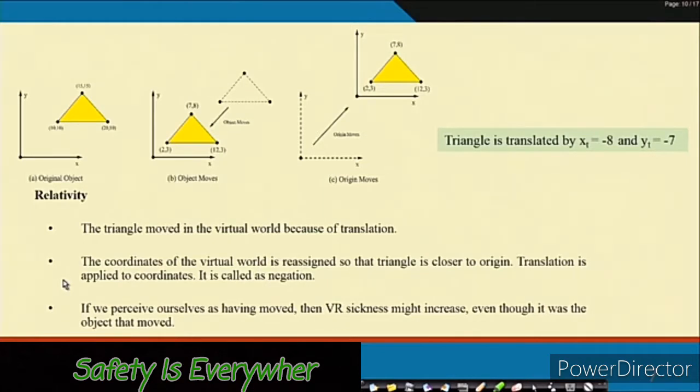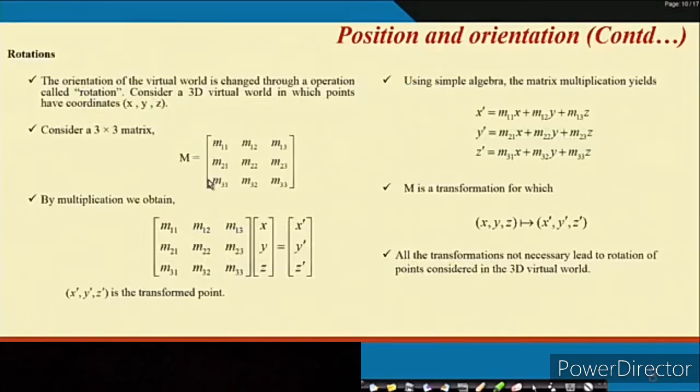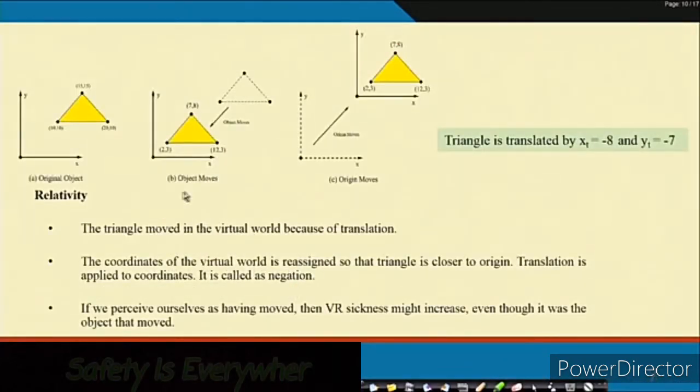In this case, what we did is move the object by giving a translation to a particular triangle. Similarly, in the other fashion, keeping the object constant and static, we can translate the origin nearer to the particular triangle, that means the 3D model. So if you put an object at the origin, the viewer will see the object in the same fashion in both cases. That means in the previous case the object is moved, and in the second case the origin is moved.